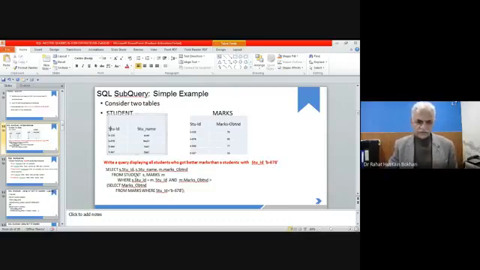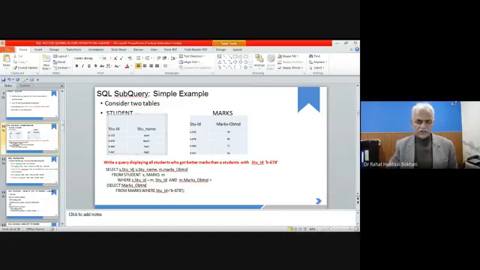In that manner, you have to say select student ID, student name, and marks obtained, where marks obtained is from the marks table, and student ID and student name are from the student table. I have used S and M, which are used as aliases of the table names. In order to retrieve the data of the column, we write the alias with the column name.